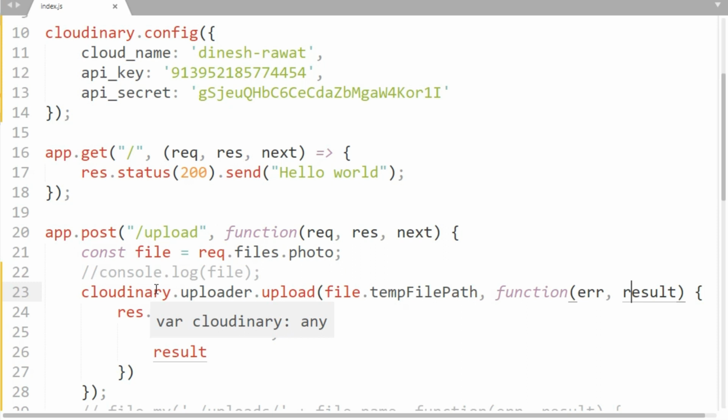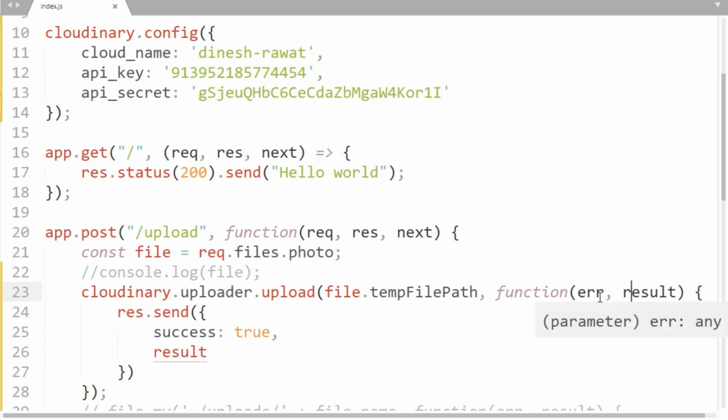At last, I have used the upload method of Cloudinary uploader. It has two parameters, the temporary file path and the callback method. The callback method has two parameters, error and result. Error has some value if there is some problem while uploading the file. Result has some value if the file has uploaded successfully on Cloudinary server. At last, I have returned the response to the request originator.